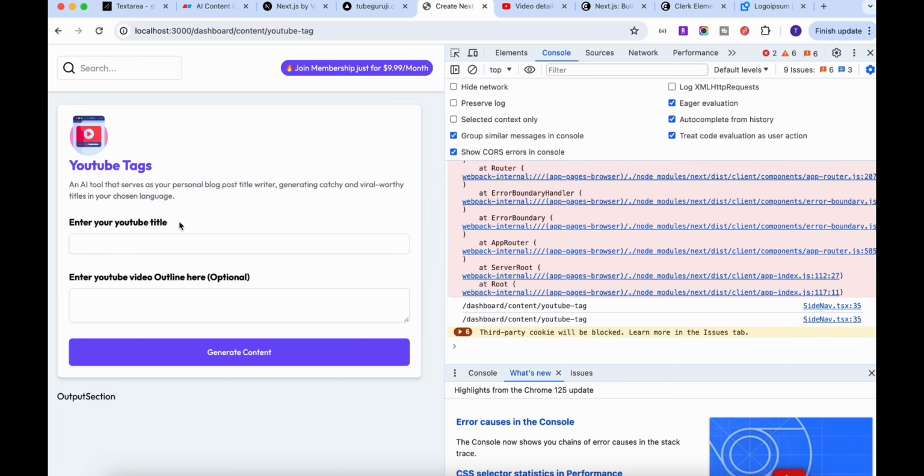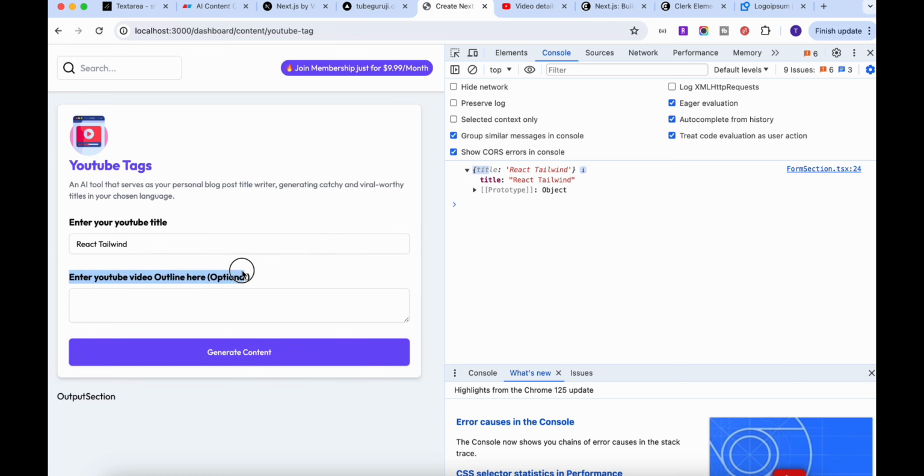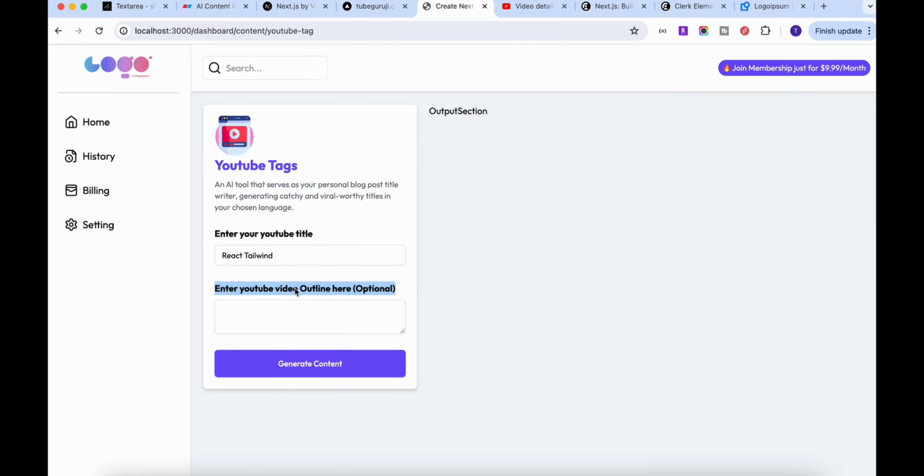But one more important thing, if I put something here like React Tailwind and generate it, it will show only the title. That is what we expected, because if the user did not put anything, we don't want to add anything inside this field as well. Okay, and once the user clicks generate content, we need to pass this particular information back to